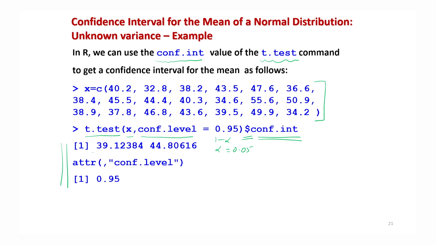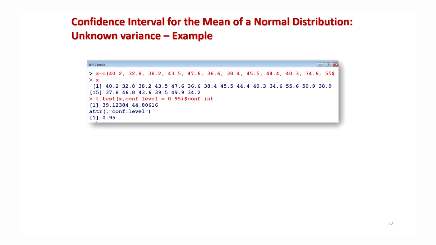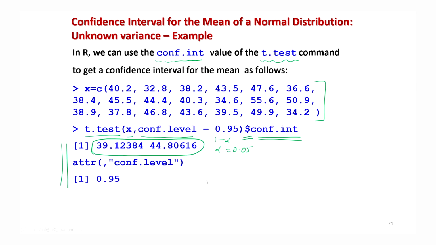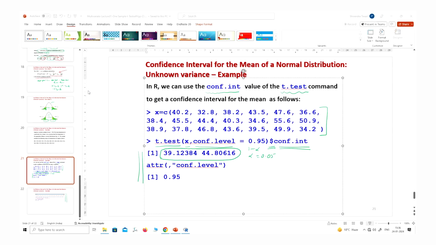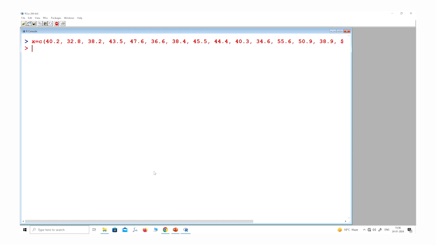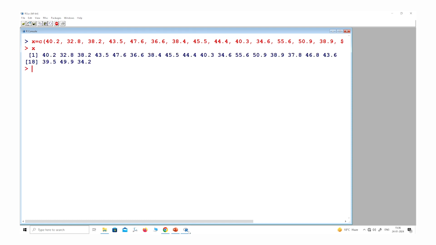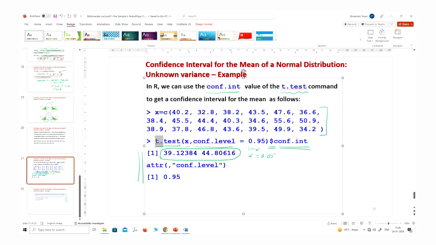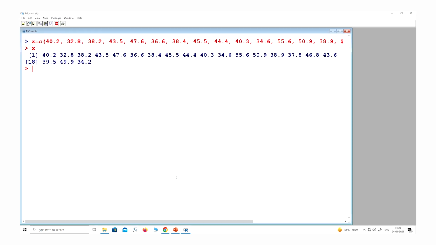So you can see here this confidence interval is coming here, right? So this is how you can obtain only the confidence interval, and this is the screenshot of the same outcome. Now let me show you this command in the R console also. I copy this data over here, and this is my data x, or you can say temp also. Earlier we had used the terminology temp, and if I use this command for the confidence interval, you can see this comes out to be like this.